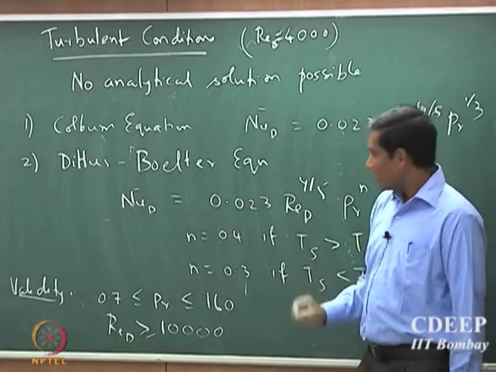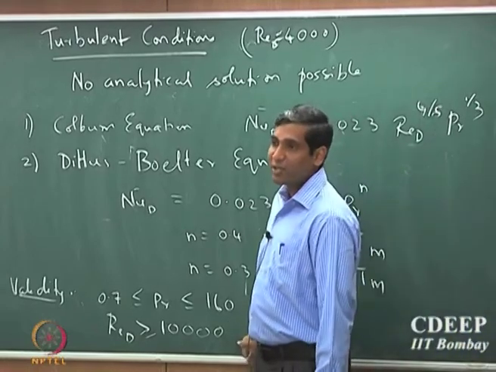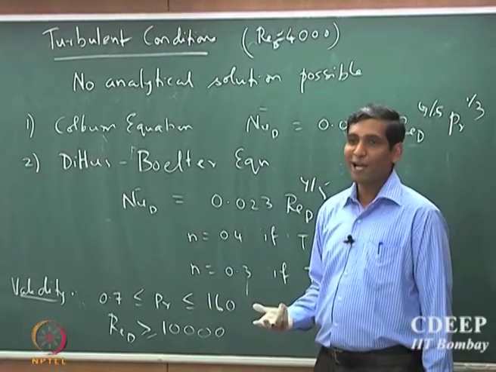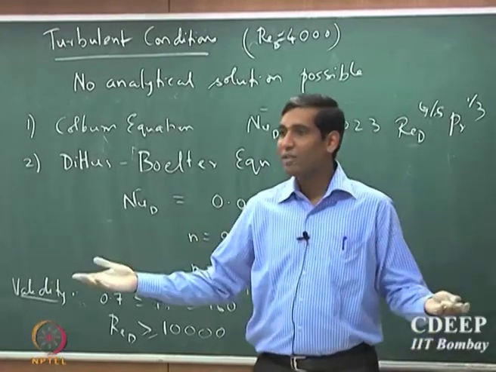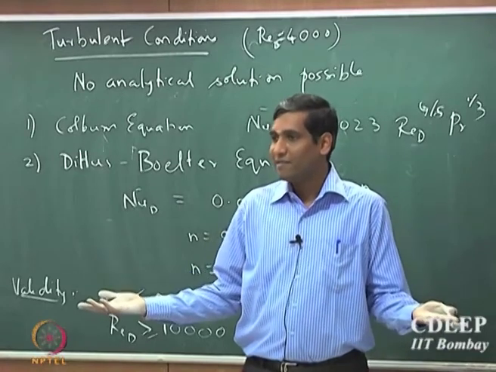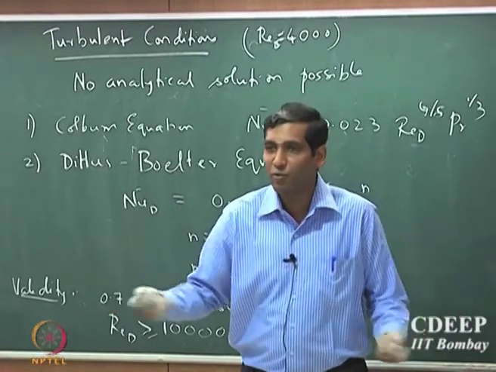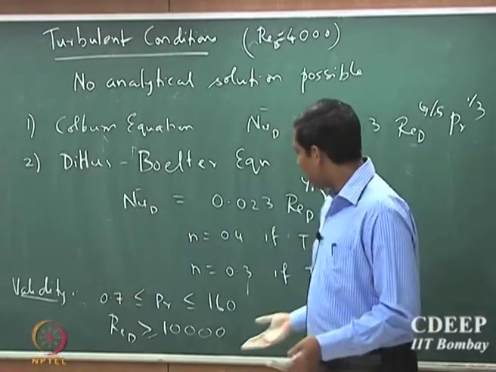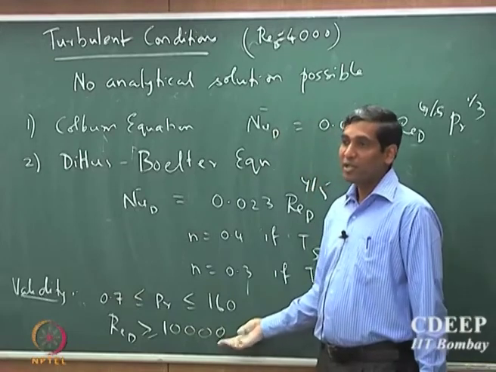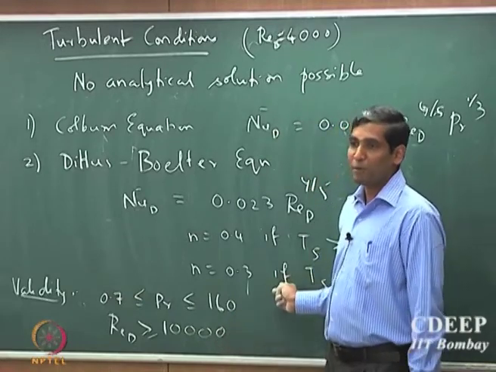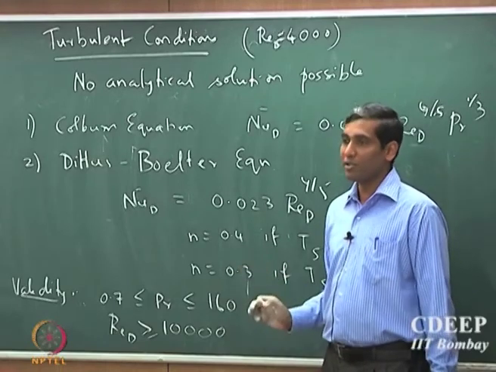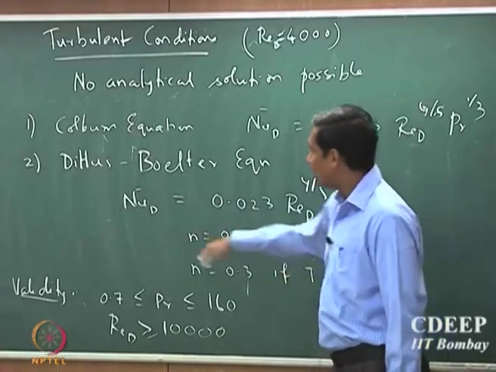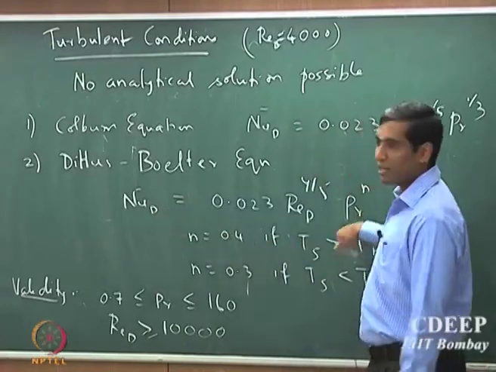So these validity regions play a very important role, and just like in any statistics, you cannot apply a fit to a range outside the validity of the fit. If it is a linear regression fit, you cannot apply it to any range outside its validity. So pay attention to these validity regimes. Depending upon the Reynolds number and the properties, you may have to use different correlations. Once again, I can translate the same thing to a mass transport problem by replacing the Nusselt number with Sherwood and Prandtl number with Schmidt number.